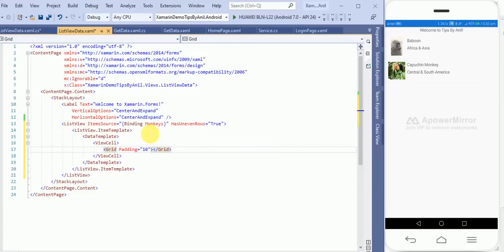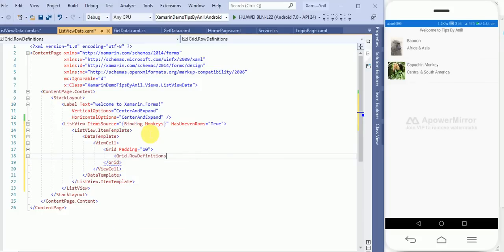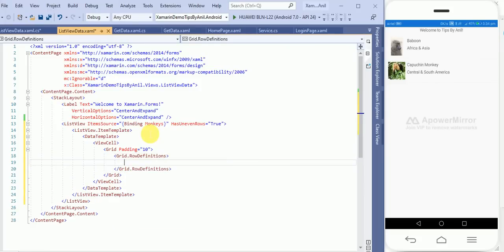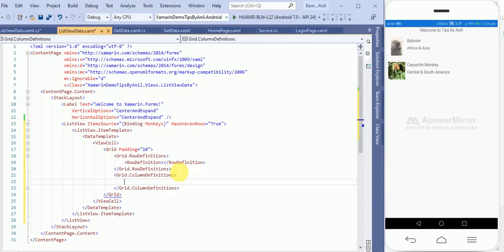In my previous example I already explained what a grid is, and what row definitions and column definitions are. So here I will define the row definitions and Grid.ColumnDefinitions.